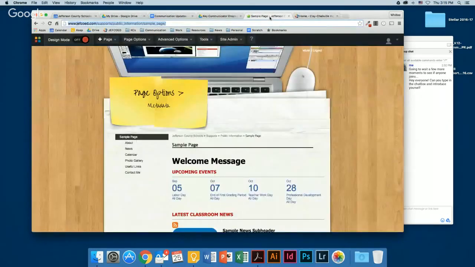Okay. So now let's go back to this sample page. So the teacher pages, teachers are the only people allowed in our district to change their page theme, which the page themes are really cool. It seems like a lot of teachers are really, really loving that ability. So that's awesome, because I think it's because they feel like they got more customization. They can really make it their own instead of some boring looking page.